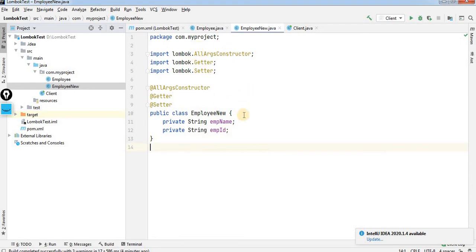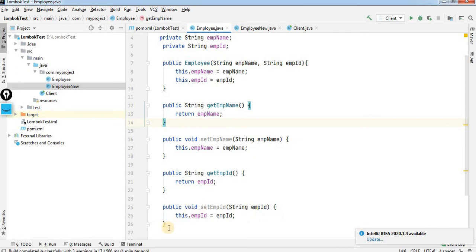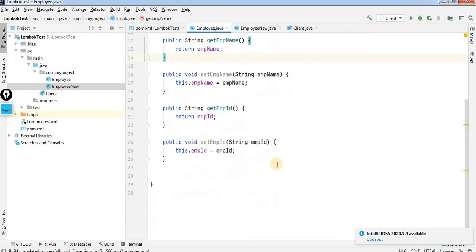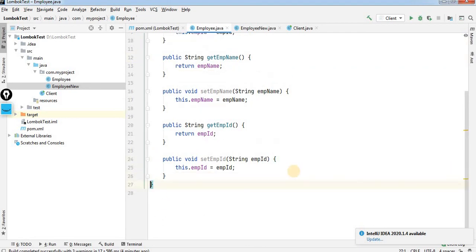If I compare this newly created employee class, which is using the Lombok API and Lombok annotations, you can see how many lines of code are here. Total lines of code is 26, or 27 if I remove the spaces.